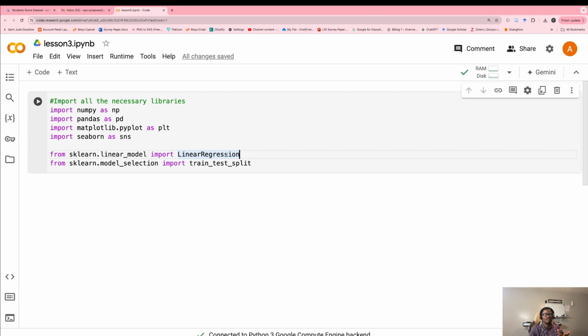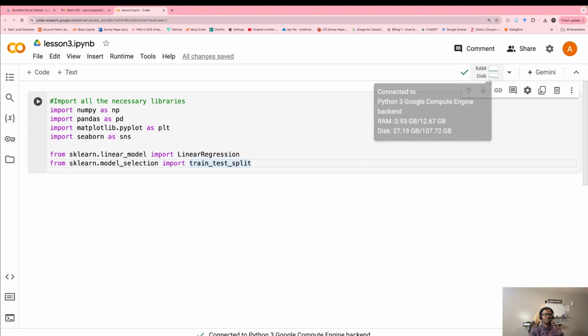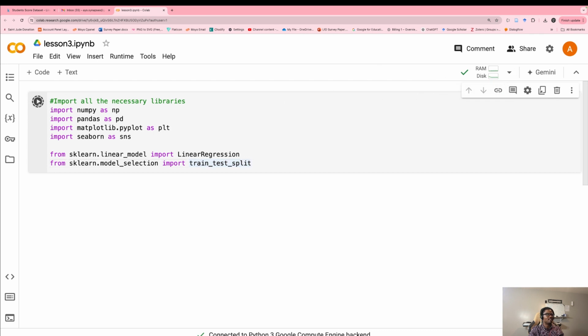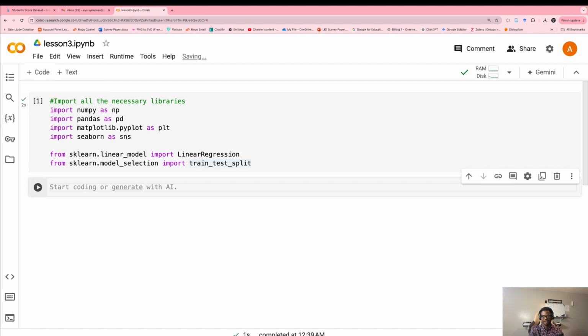Just imagine this as the brain of a baby that has not learned anything. Our goal is now to teach the baby how to do things. I hope that makes sense. Please make sure that you don't make any mistake writing this. Once you are finished, we don't need to use GPU for this, by the way. I think CPU is enough. Once you are done with that, you just click on this. Everything is good. Then we create a new code cell.